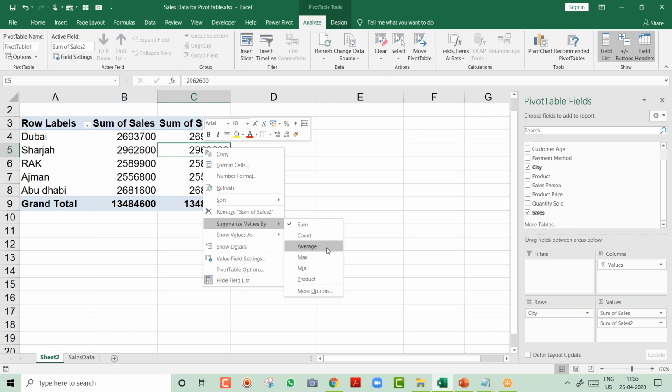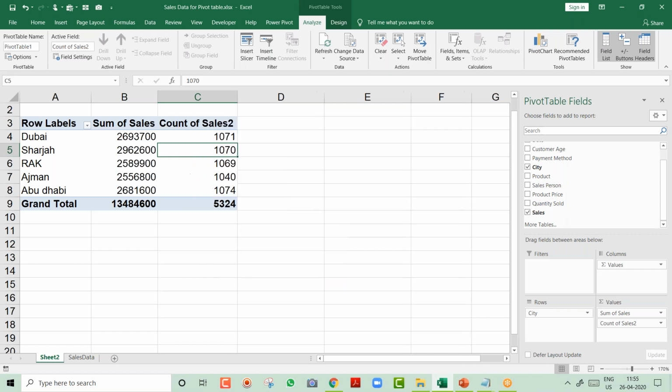From here you can do count, average, whatever you want. If you want average sales, or let me take it as a count. So what is count, friends? This is the number of records, the number of transactions in the database. Now when you give this, your manager might have more expectations from you, that this guy is doing well, let me give him more work. So he might also ask you, hey, can you also show me the percentage, how much each city is contributing?